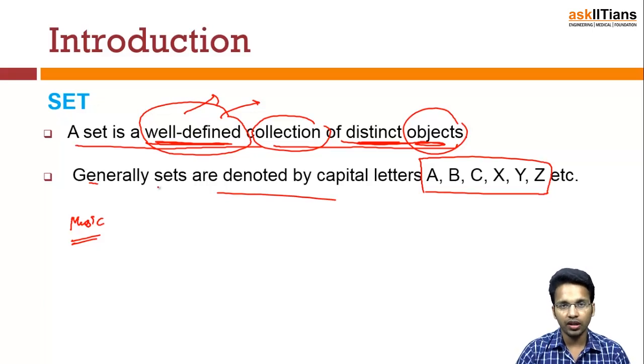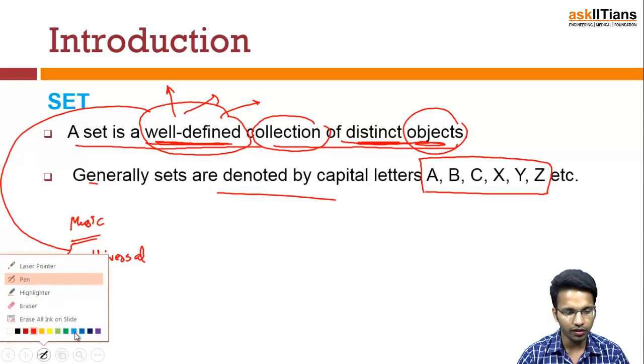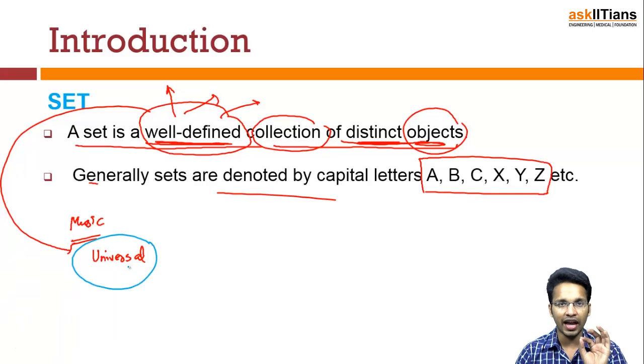But if I say 10 best songs sung by Shreya Ghoshal, okay, then how can you use that? For everybody there will be a different perception, right? Somebody might like one type of songs, others might like another, so that is not well defined, it is not universal. Now well defined basically means it should be universal, okay. By universal I mean that if you present that idea to anybody, the opinion has to be the same,